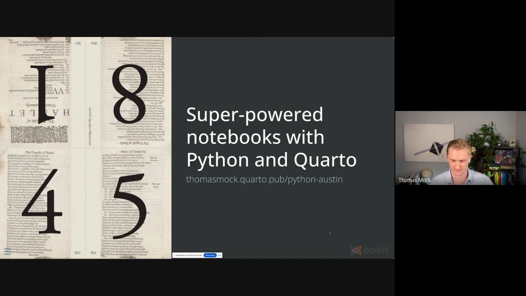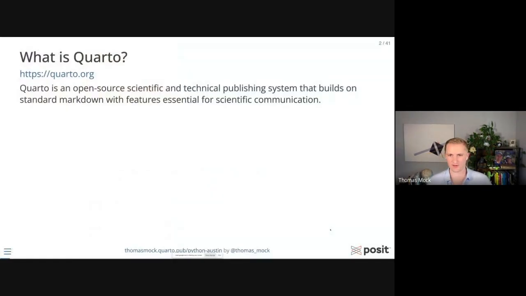So let's get this going. As far as why you're here and what is Quarto, I'll give you a little bit of overview about it, then show you some of the use cases and some of the ways you can use it for scientific communication. But first off, it's a free and open source tool. It's made primarily as a scientific and technical publishing system. So using standard Markdown, similar to things like R Markdown or Jupyter, with additional features that are essential for scientific